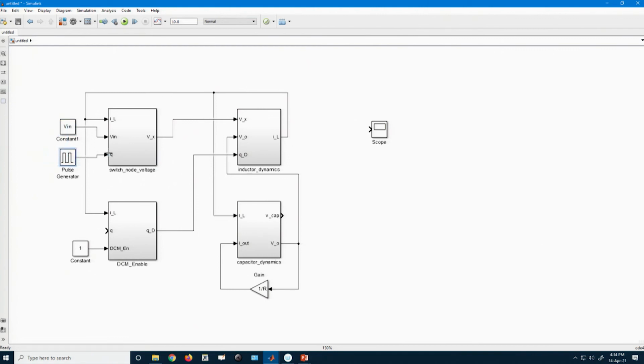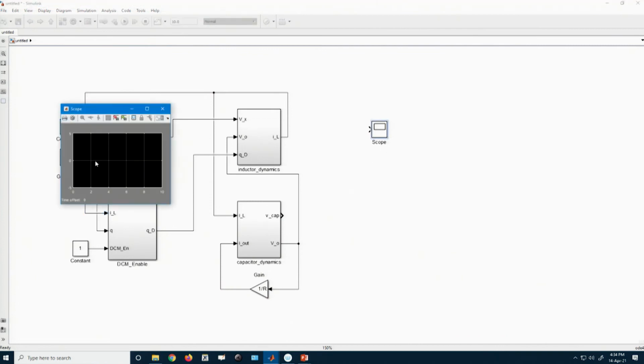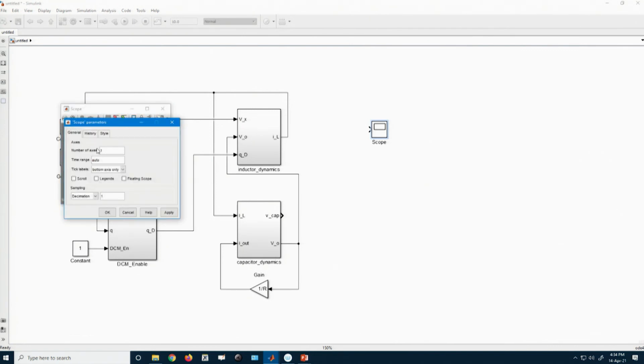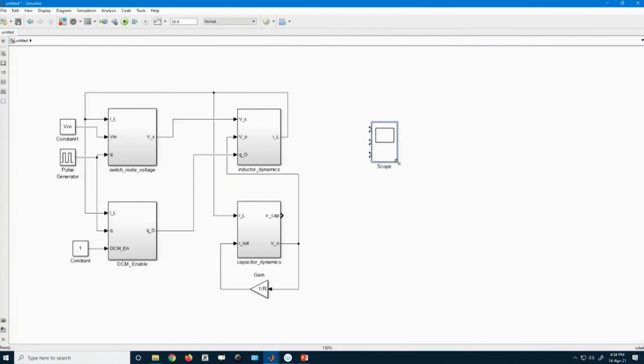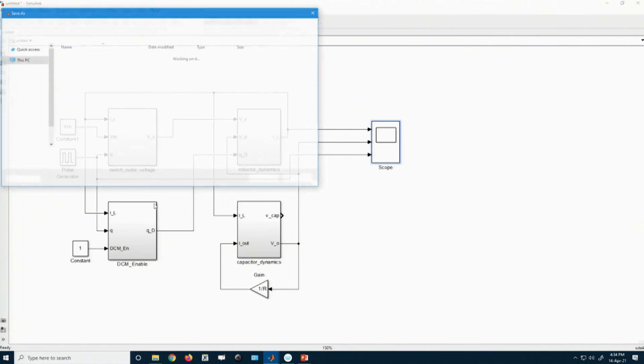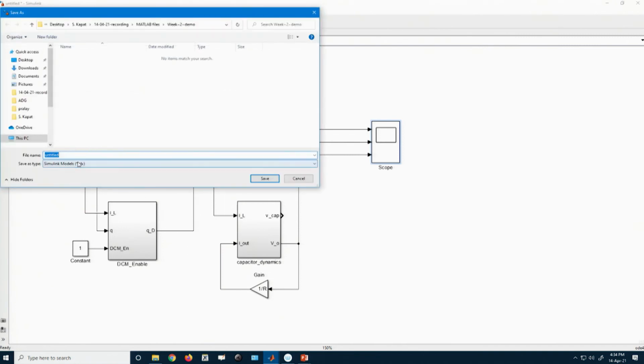Right now I am using a fixed frequency pulse, the same is connected here, 50% duty ratio, and I want to see various outputs, so I need to check 3 axes. One will be my inductor current, the other will be my output voltage, and the third one is my gate signal, which is connected here. Now we are ready, and we need to give a name here. So it is a buck converter.